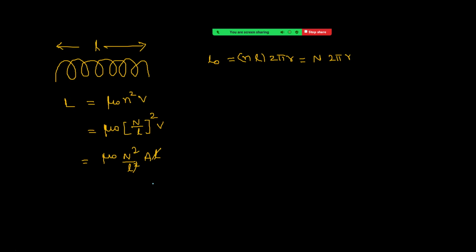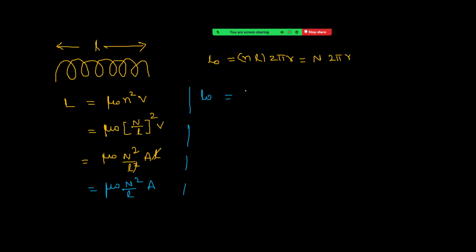See, what else is left here? It is mu naught n square by L into A. Right. And what we have to calculate? L naught equal to n into 2 pi r. Okay. So, L naught